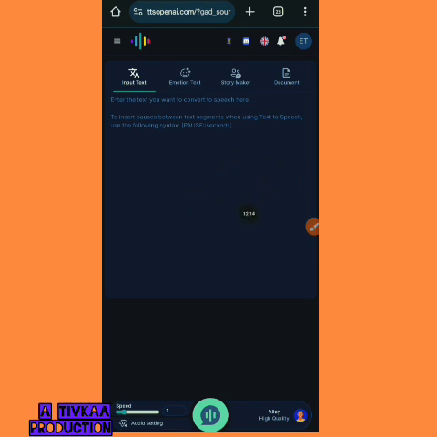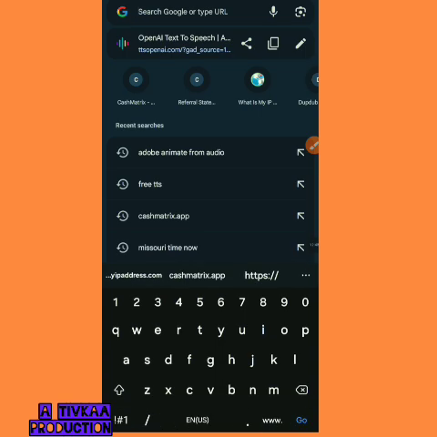Normally you can create anything before signing in. If what you are creating is less than 500 words, you can create it just like we just created it before signing in. But before downloading, you'll be asked to sign in. Like me, I'm already signed in. That's why I didn't sign in again. And signing in is very easy. You just use your Google account. So let's go now to Adobe Animate